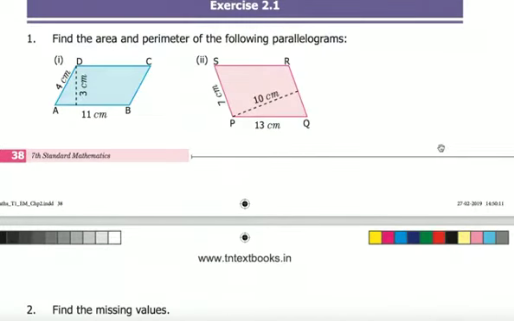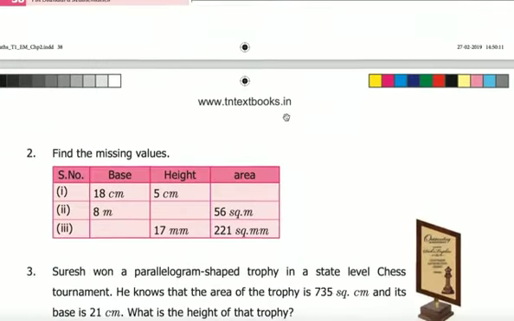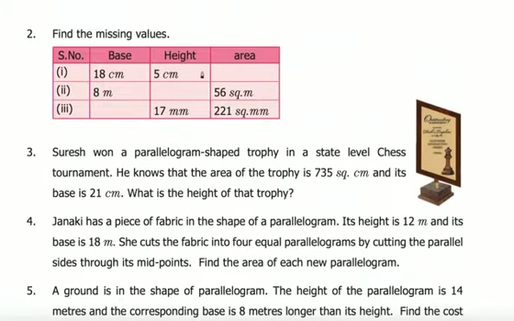Find the area and perimeter of the parallelograms. Height, area 33 square cm. What about area? 30 cm. Okay. For this example, that 70 cm square is the area, 40 cm is the perimeter. Now you can do this one.